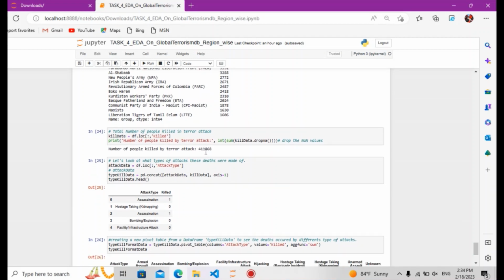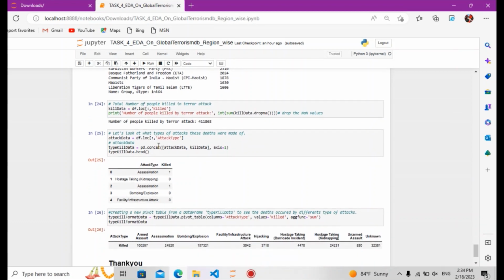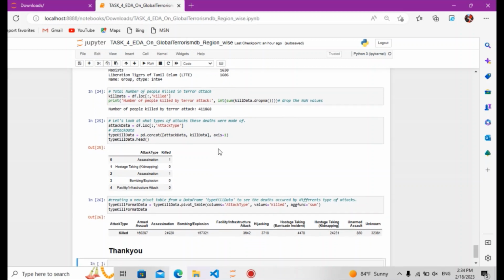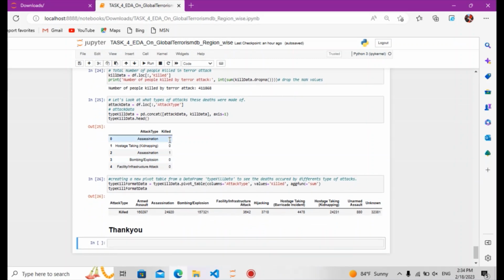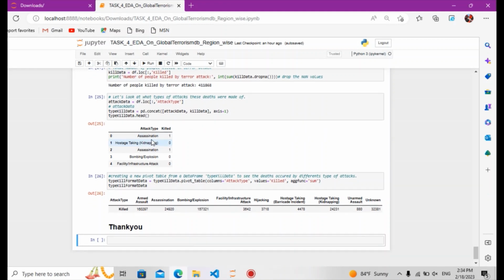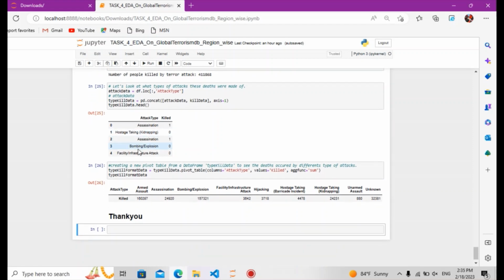So let's see the total number of people killed in terror attacks. The total number of people killed is 4,411,868. Let us look at what types of attacks these deaths were caused by. Many deaths were caused by assassination, hostage taking,